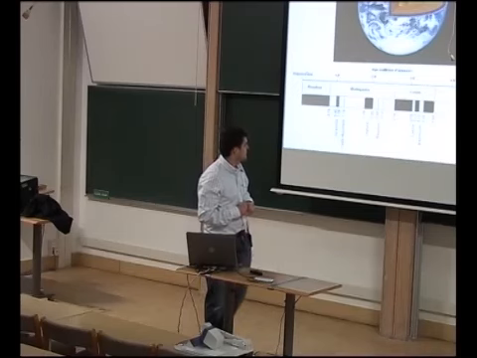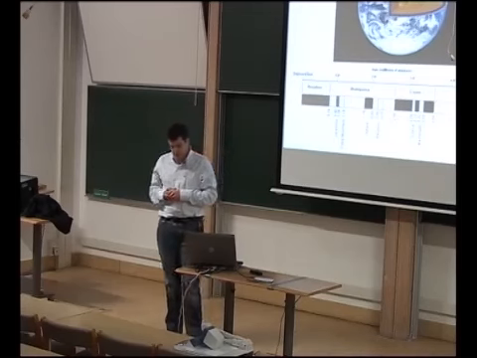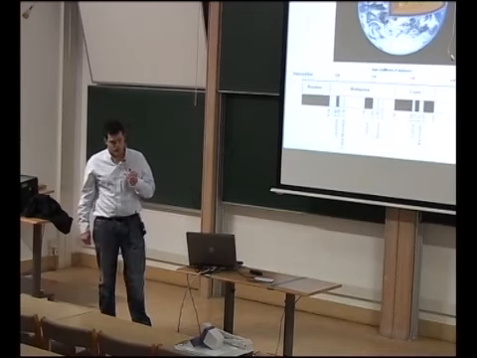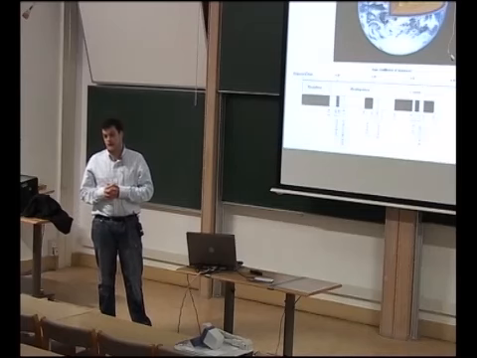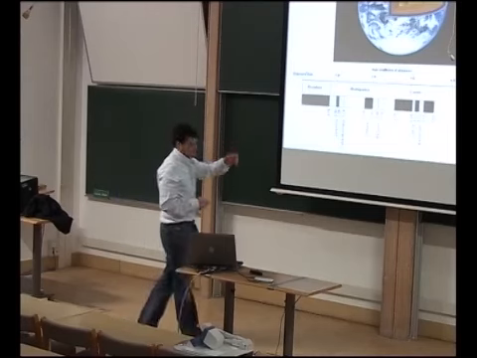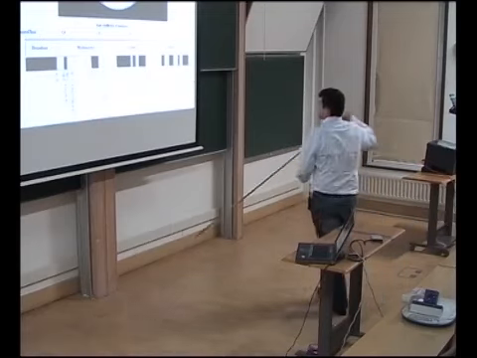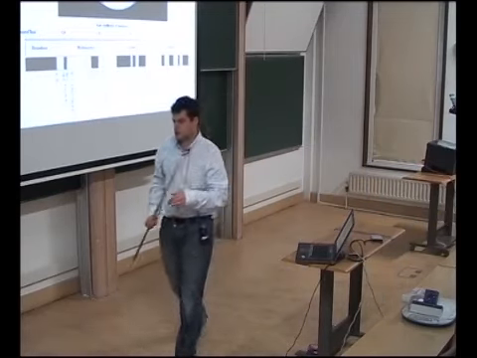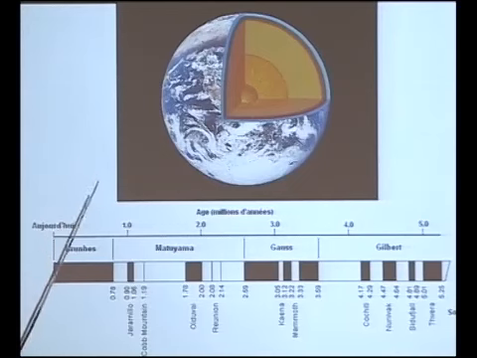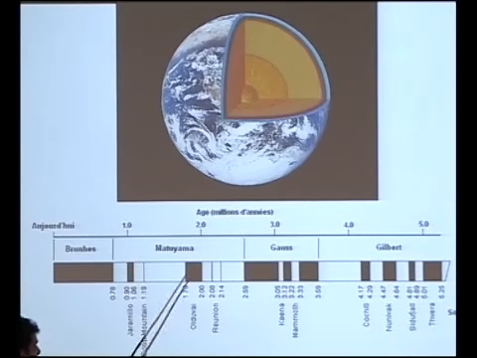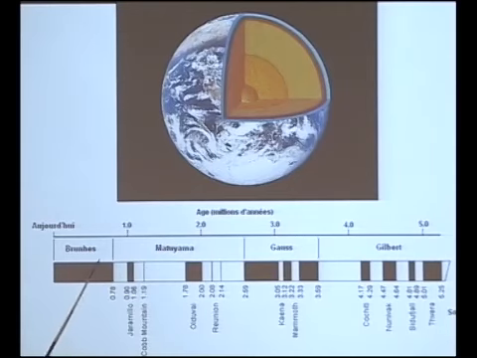But I'm not going to really discuss that. I'm going to be more interested in another property of this field that was identified by Brunhes in 1906, so more than 100 years ago. We realized that if you go back in time, the direction of this field has not been constant, but that it reversed. So you can therefore plot what is called a chronograph that gives you the direction of the dipolar